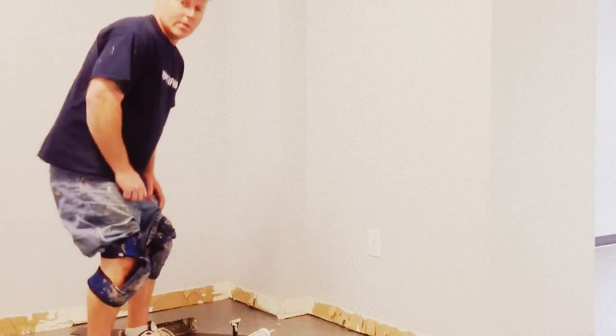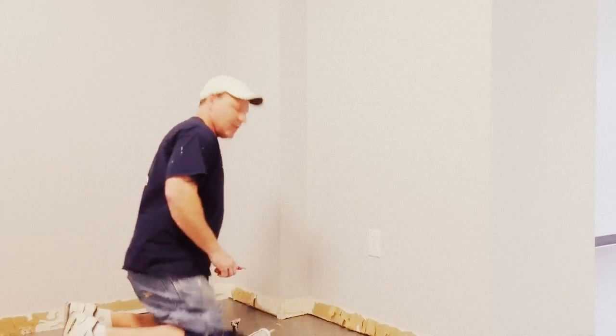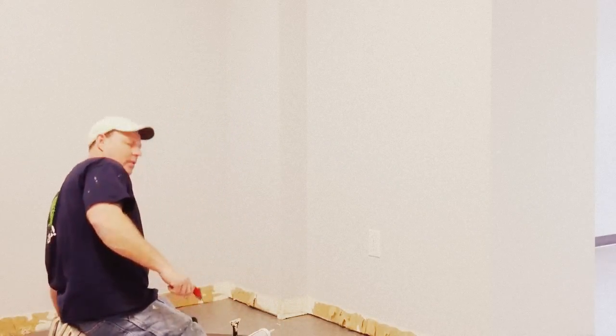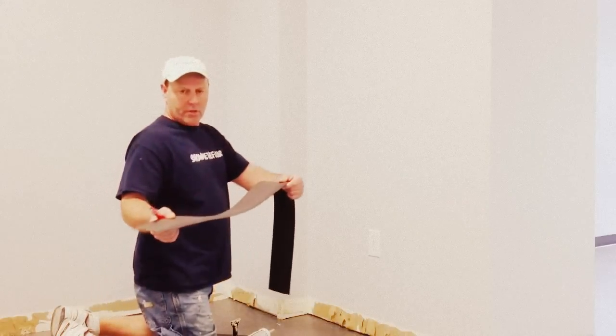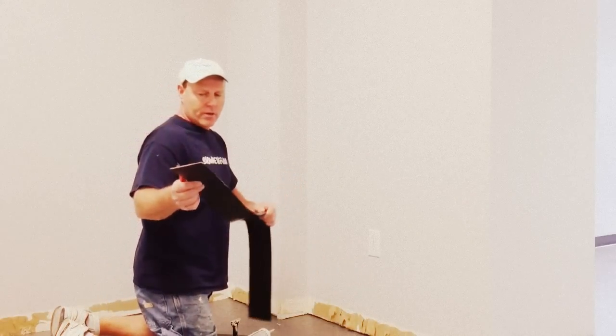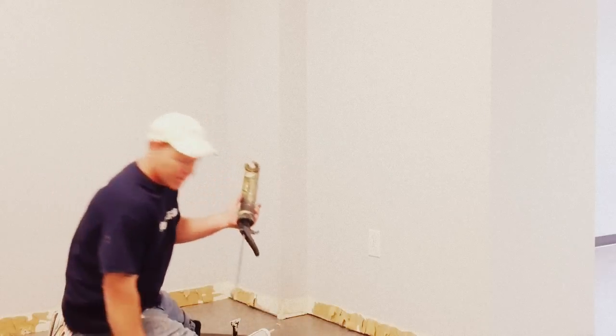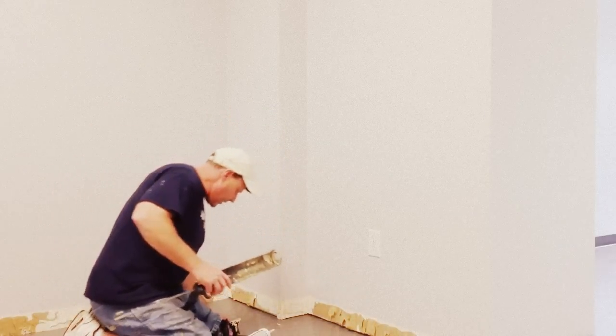Okay, today we're going to be putting down cove base. So what you need to put down cove base is you need a sharp knife. Heat your cove base. This is a 4-inch cove base we're using here, 4-inch vinyl cove base. You need a cove base gun, which is like a big caulk gun, and you need a tip for your